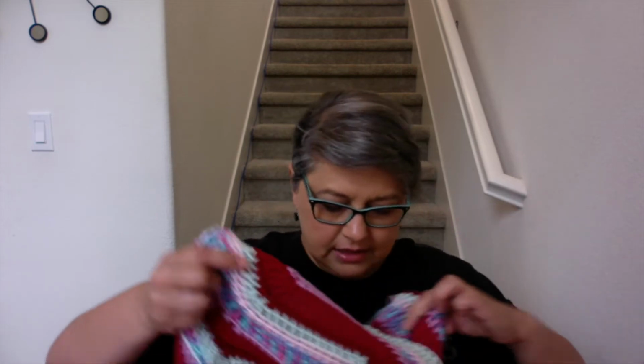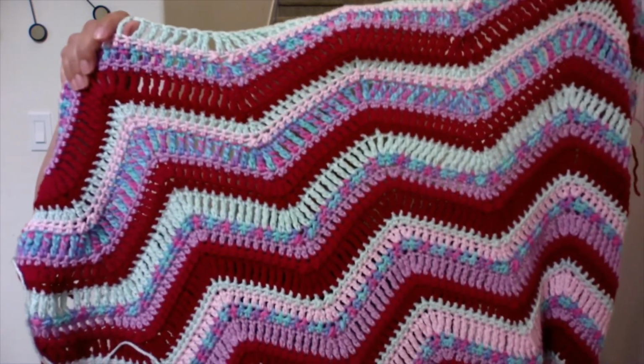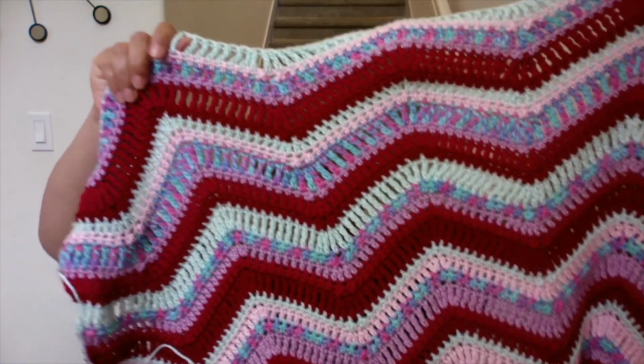I decided that I was going to use up some of my yarn that I have, because that's been a goal, because I buy a lot of yarn, so I need to use up the other stuff too. So I started making this throw to put on this one chair that I have at home and cover it, because I like to have holiday throws. And so this is what it's looking like. I had all of these available, and the idea of where I got to do a ripple throw is from